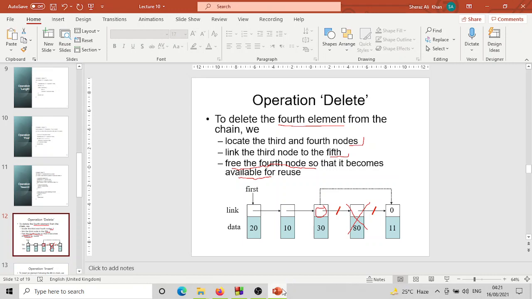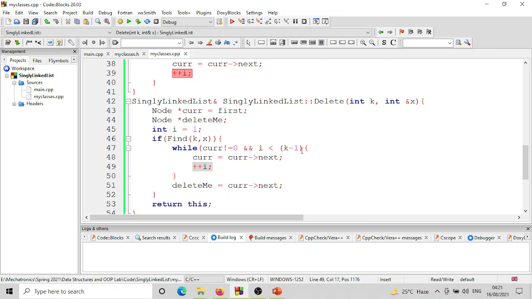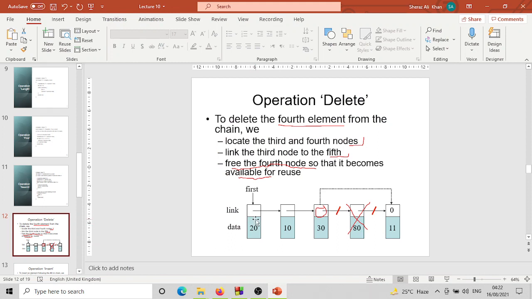Okay, maybe this is confusing, so let us do it again, ठीक है, with this new condition जो हमने लगाई है. So imagine कि हम इस function को कॉल करते हैं for k is equal to 4, and also assume कि this element exists, so we are here, so we start from the first element in the array and i is equal to 1, ठीक है. So पहली condition जो हम चेक करते हैं कि current 0 के बराबर ना हो, यानी it should be a valid node, and i which is 1 should be less than k minus 1, k minus 1 is 3, so i should be less than 3, so i is less than 3 and this is a valid node, so we jump here. जब हम यहाँ jump करते